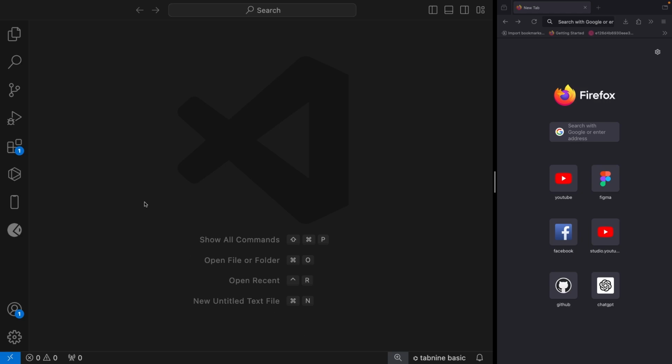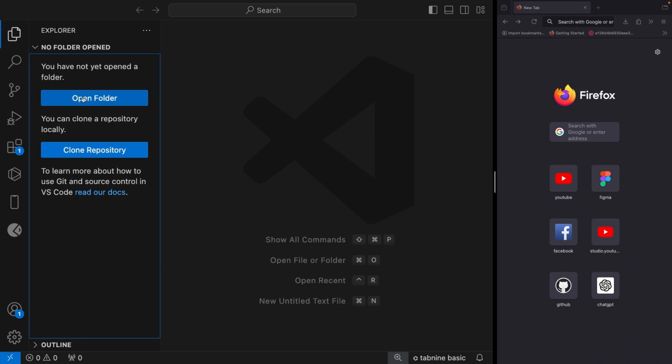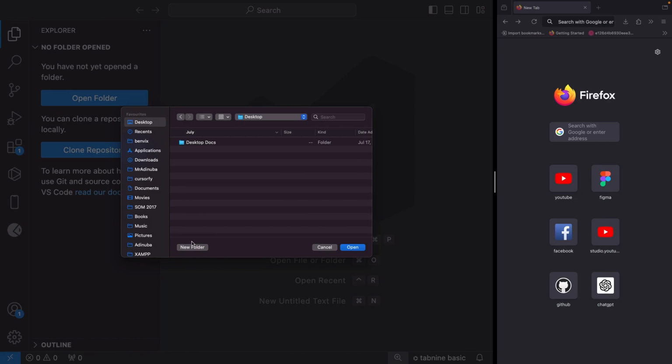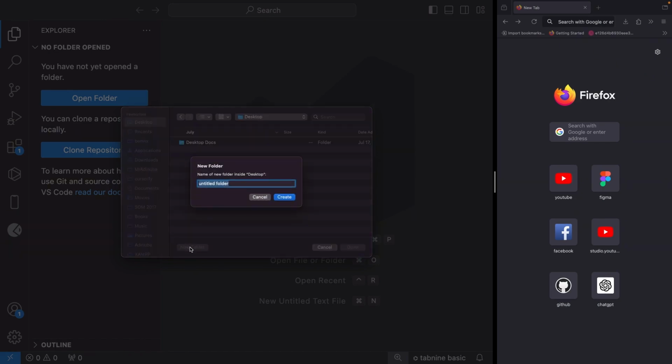I'll be using VS Code for the project, and I'll be previewing the code on Firefox browser. So let's go ahead and create a new project. So let's come to here and click on open folder. And let's go to desktop, and I'll click on new folder. Then I'll call the name of the folder